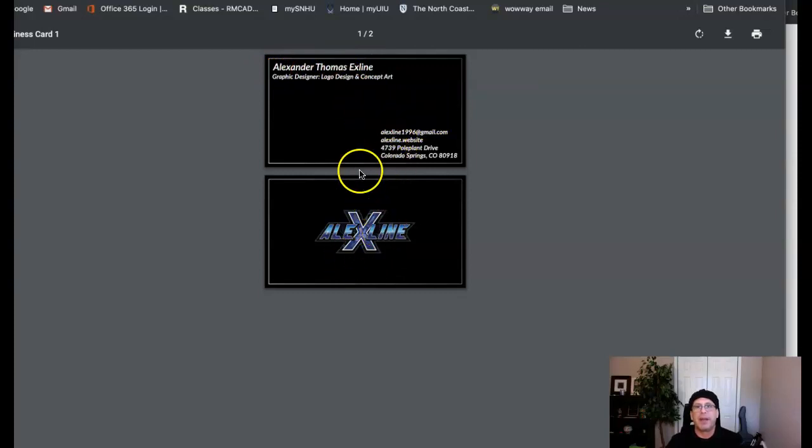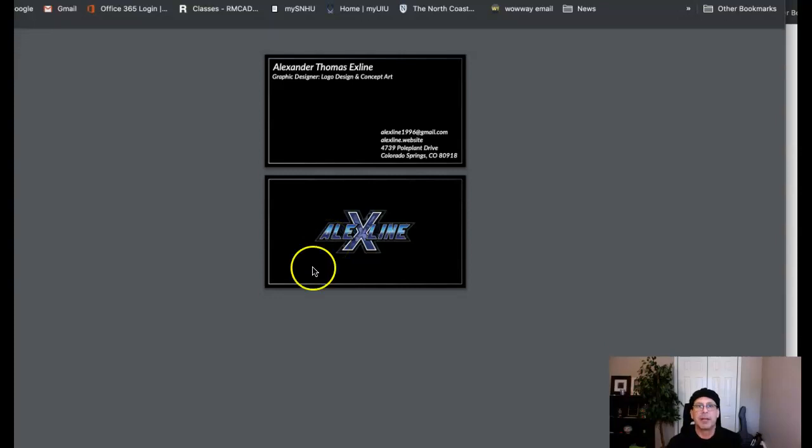And then on the back of the business card, you can place just the X. So the front of the business card has your original full-blown logo, then your contact information right here. Then the back of the card just has the X. Okay, now